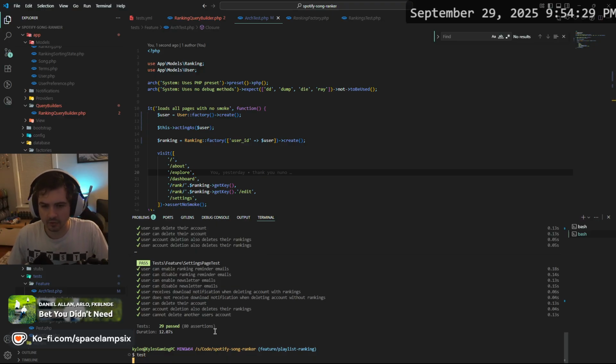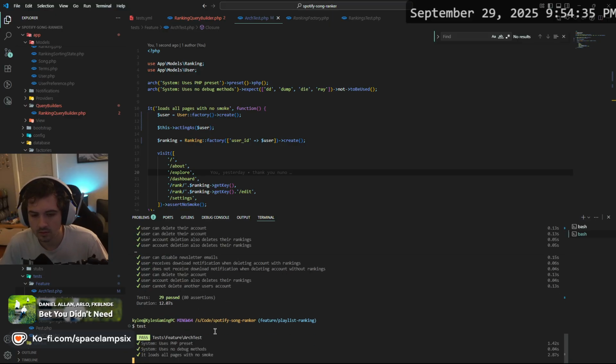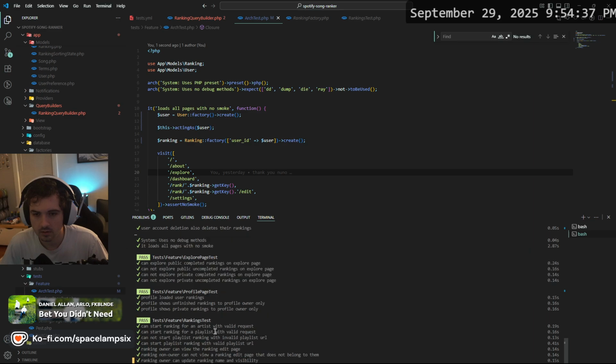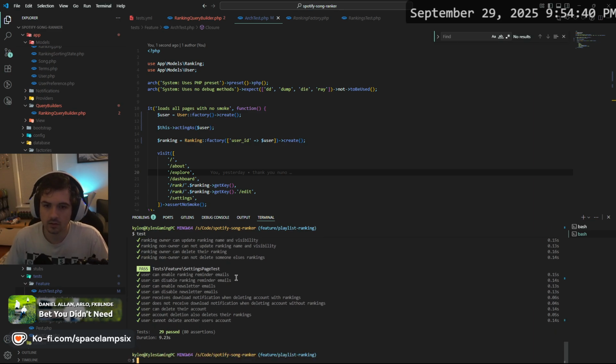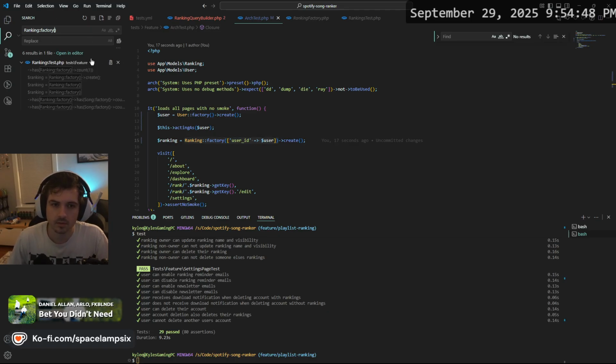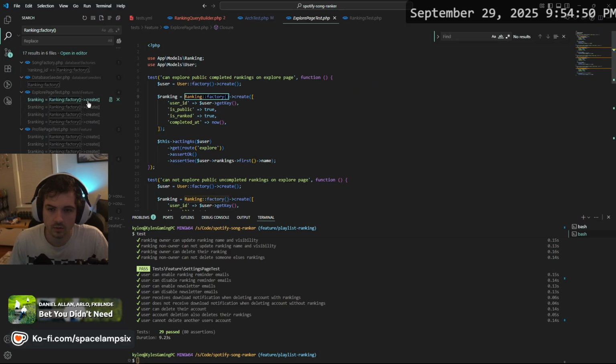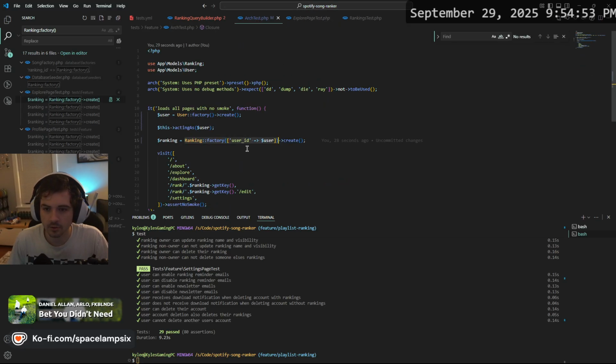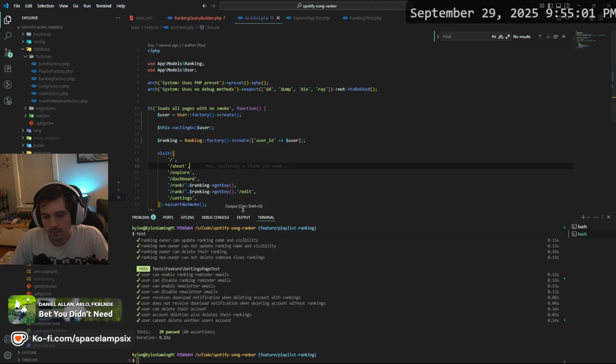I don't know why that passed locally then. I put it in the wrong spot. Okay, I guess that matters when it tries to hit it there.